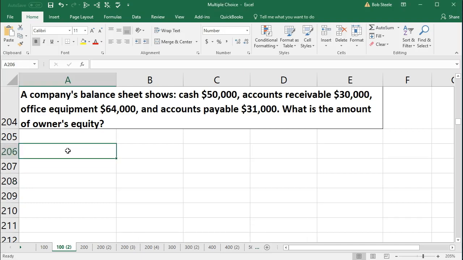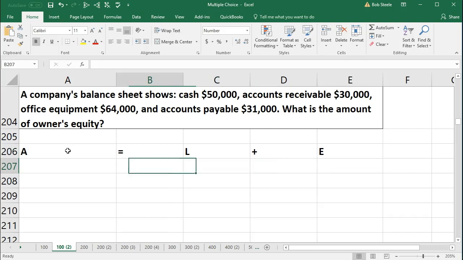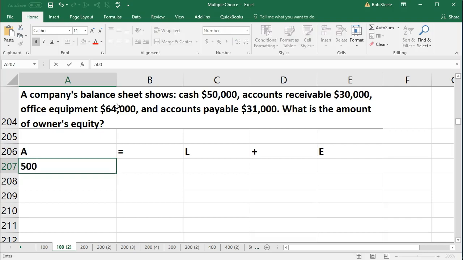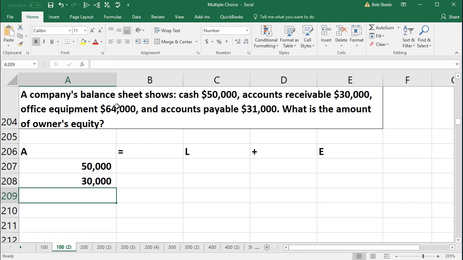The first thing I'm going to do is put the accounting equation here. So I'm just going to put it in a long form. It's assets going to equal, and then I'm going to say liabilities just with an L, plus equity. Assets equal liabilities plus equity, and then just go through here and say what are assets, liabilities, and equity. Where we have a company's balance sheet shows cash, that's going to be an asset of $50,000. We got receivable, that's going to be an asset of $30,000. And then we have equipment, an asset of